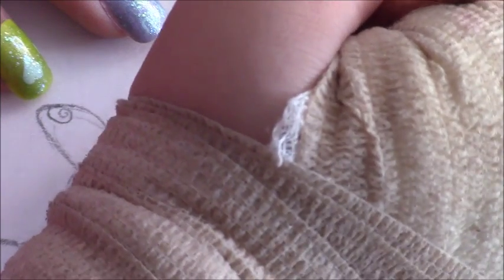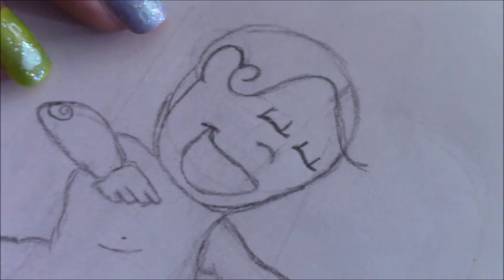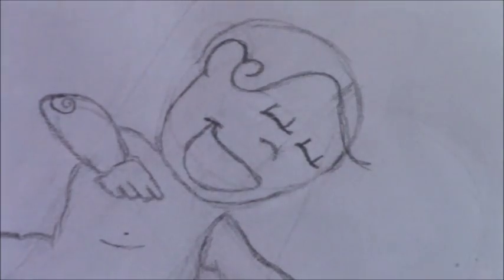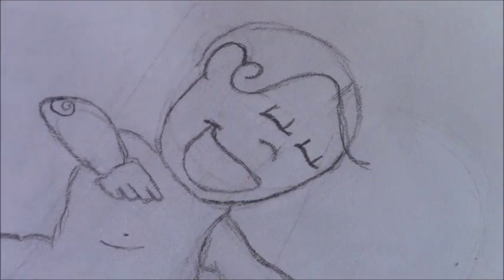So now we're going to fix his face, because his face is a little deformed. So I'm going to get our handy dandy eraser, just erasing it, erasing it. There we go. There's our happy Cupid. His face. We're not going to